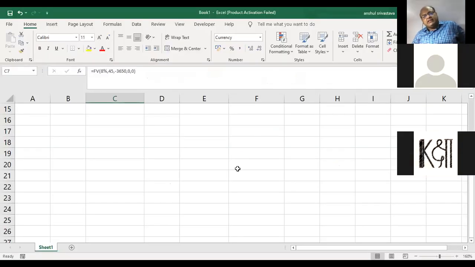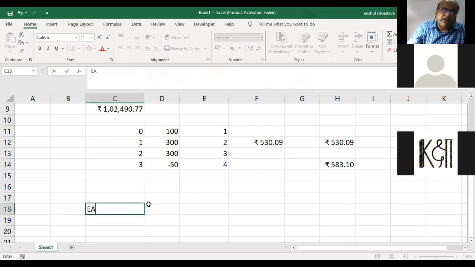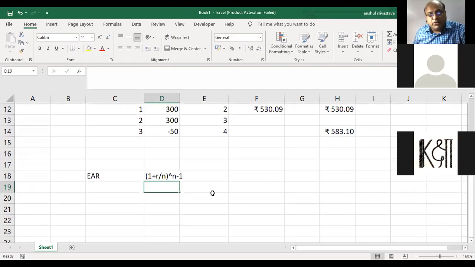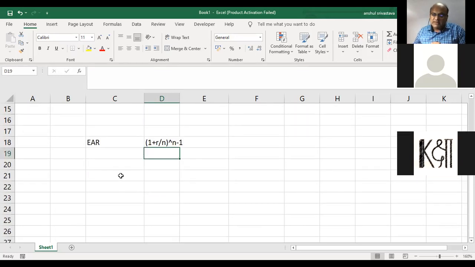What is the formula that I just told you? Effective annual rate is equal to (1 plus r by n) to the power n, minus 1. Now, one thing you must be very careful about if you are putting expressions like this in Excel: be very careful of BODMAS, the mathematics order of brackets, division, multiplication, addition, subtraction. If you don't put a bracket at the right place, then the calculation might go a little sideways. So be careful with the brackets. Let me show you what I am talking about. See this.